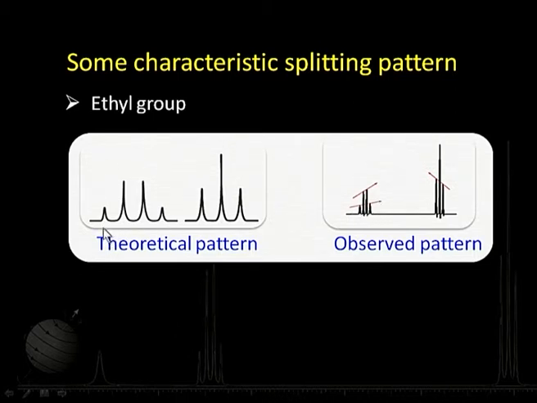So, it is supposed to be 1:3:3:1, but what you find is that this signal happens to be slightly larger than this one, and between these two, this happens to be slightly going upward here. So, what you find is this signal has a tendency to go upward, this has a tendency to go like this. So, you have to identify this kind of pattern there.